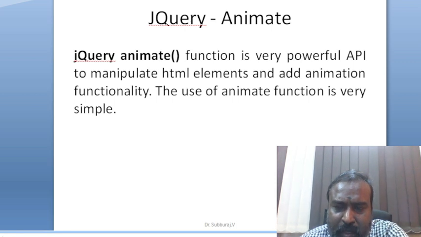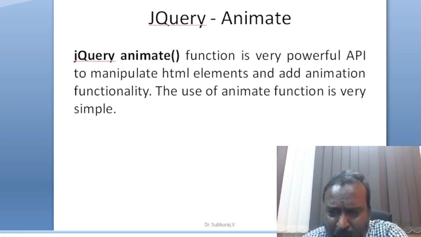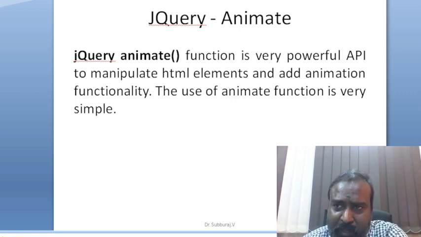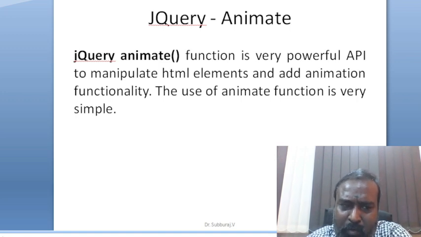This session we are just going to see how we can include animation in our web page. If you want to create a small gaming application, you need a function called animate, and to animate you have to include a number of codings. In simple terms, if you want to create a small game application, this animate function helps you a lot. This function is included in jQuery, and animate works on almost all the controls in jQuery.